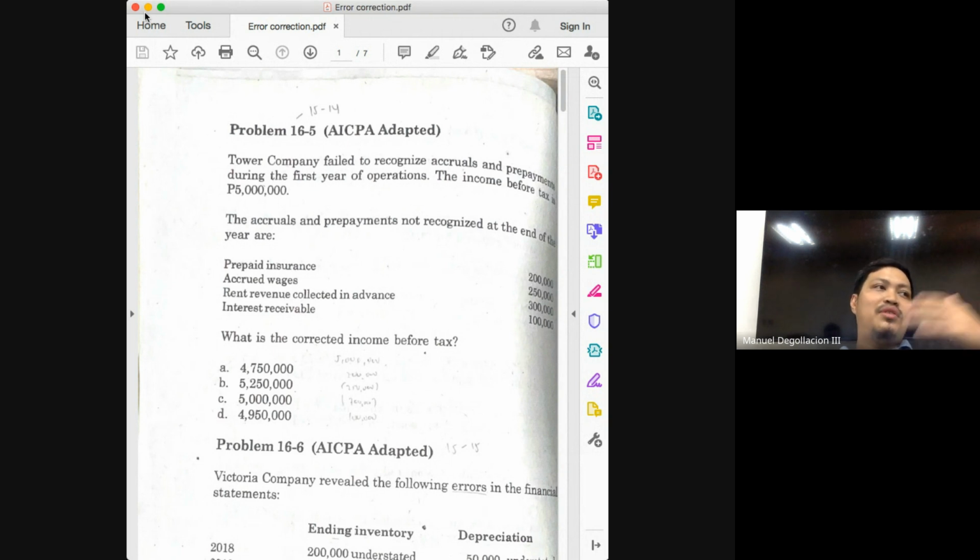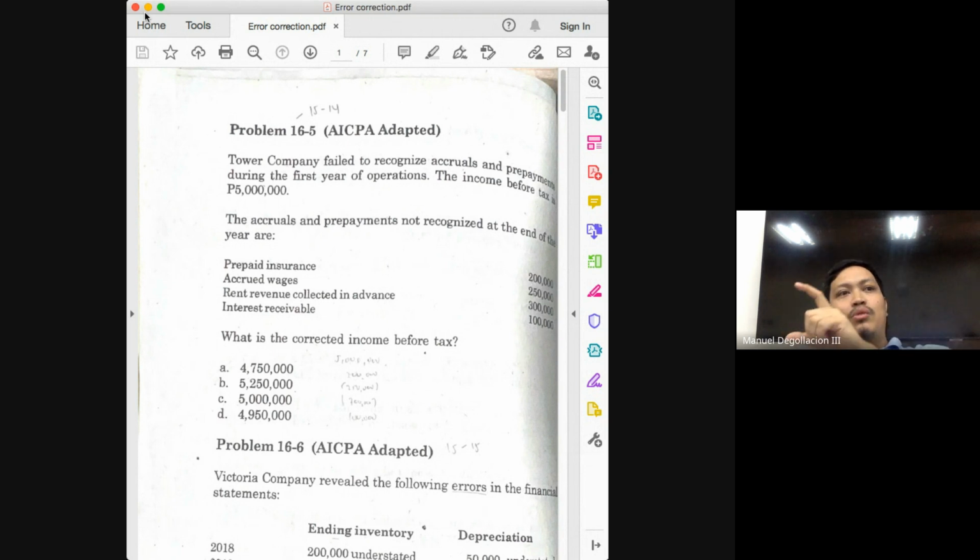Okay? So assuming everything was done correctly, what happened at the time of payment? Debit, insurance expense, and credit, cash. At the end of the year, what would have been done? You would have debited prepaid insurance and credited insurance expense. So if you'll be asked what entry was not prepared for this transaction at the end of the year, the entry is debit, prepaid insurance, and credit insurance expense. Okay, what's the effect of that adjusting entry? It will be reducing the previously recorded insurance expense.